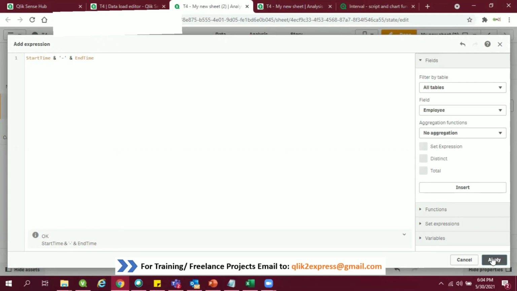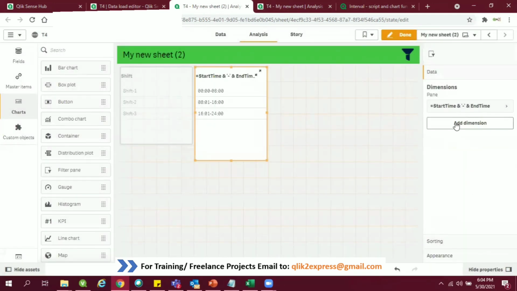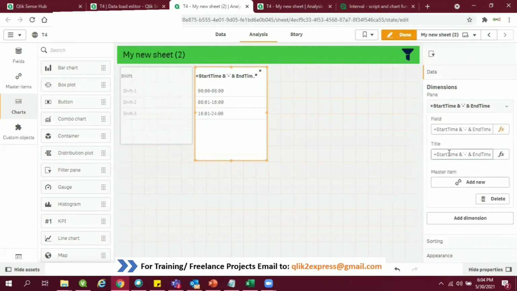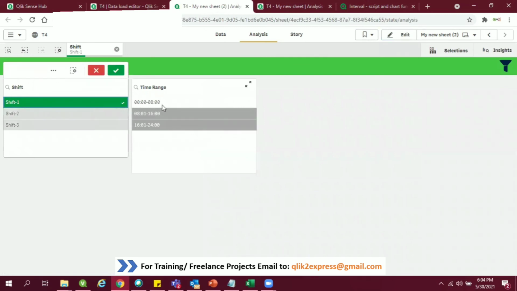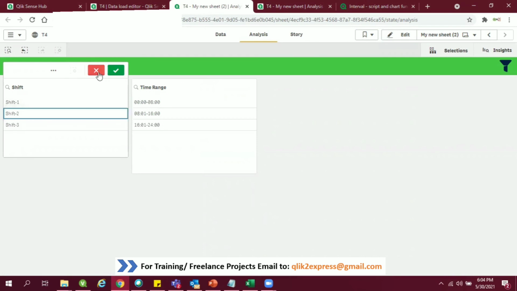I'm naming it time range, titling it as time range. If you see, shift one has this time range, shift two has this time range, so it is coming perfectly.